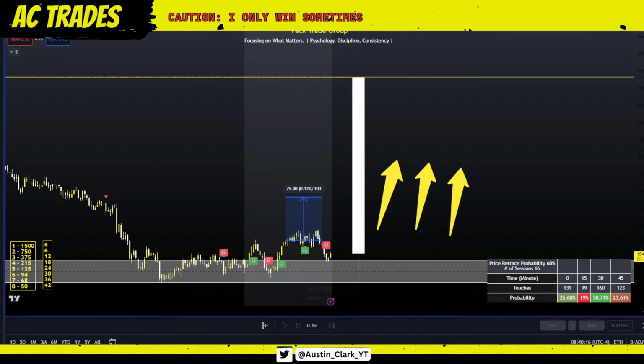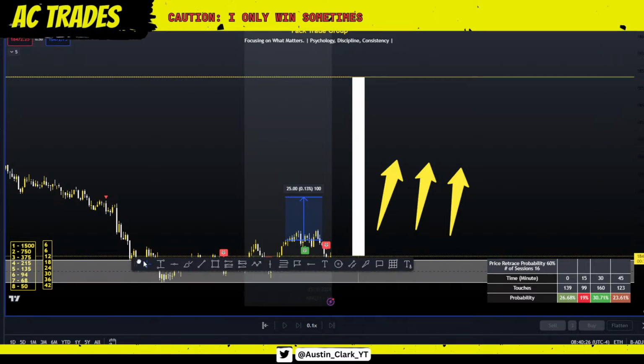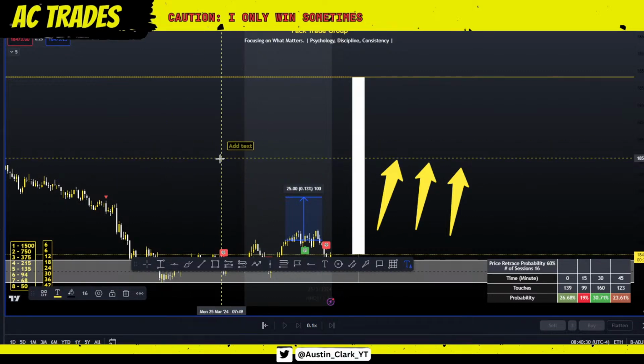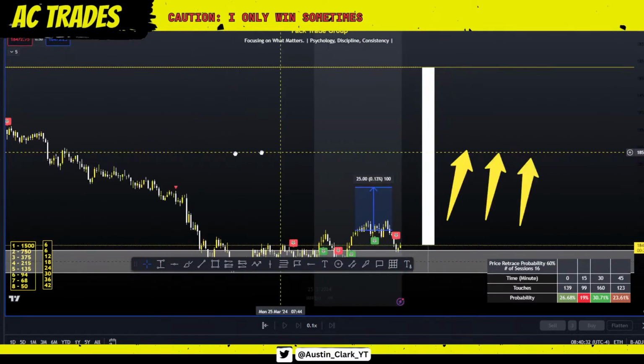Pablo, okay, you put the points. That will work for me as well. Thanks. Do you guys use a plugin to print that on the screen? Nope, just the anchor text. This little anchor text thing here. You just add it, and then you can add whatever, and it'll stay with your chart.